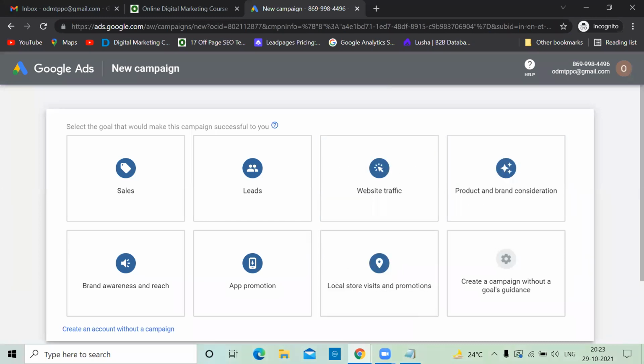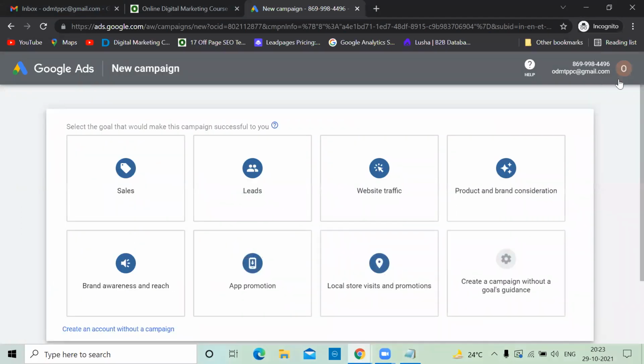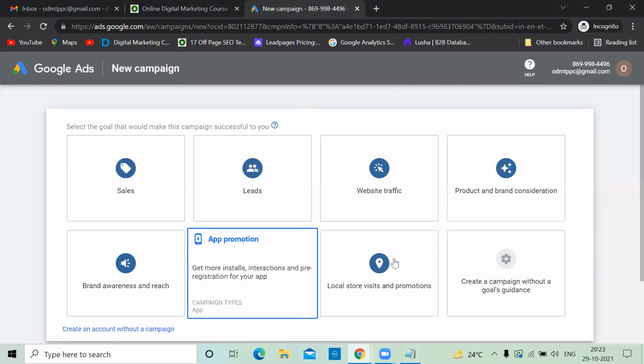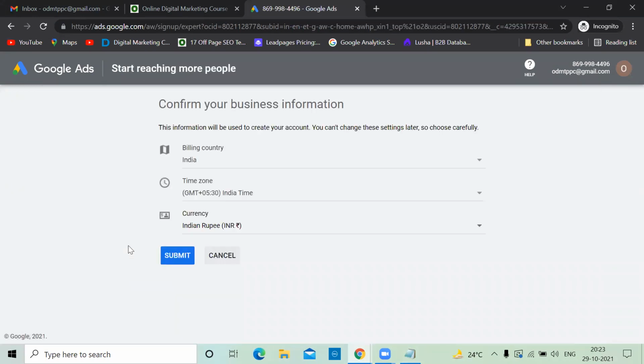Now, as we discussed about the Google Ads account structure, first is the account. Till now, we logged into a Gmail account only, but we haven't created an account. That's why don't select anything. Select create an account without a campaign. At the account level, it will ask you country, currency, and time zone.